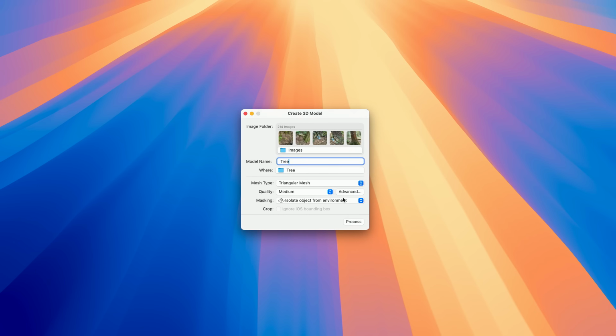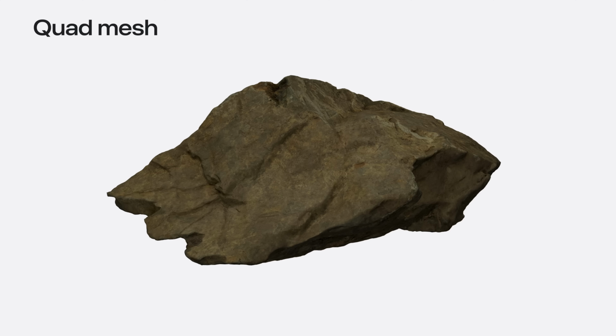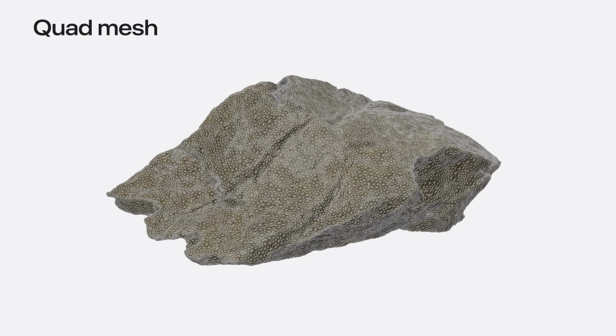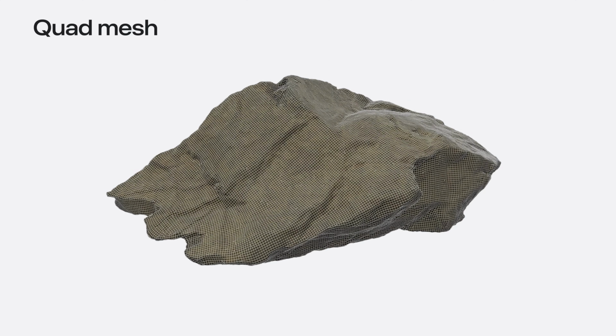Below, I can set my model to be a triangular mesh, or new this year, a quad mesh. This new output type means your Object Capture models are ready for further cleanup, optimization, or animation in your tool of choice. Here's a comparison of our triangular meshing versus quad meshing. This makes editing UVs and animating 3D objects easier, and our algorithm is able to create proper edge loops that